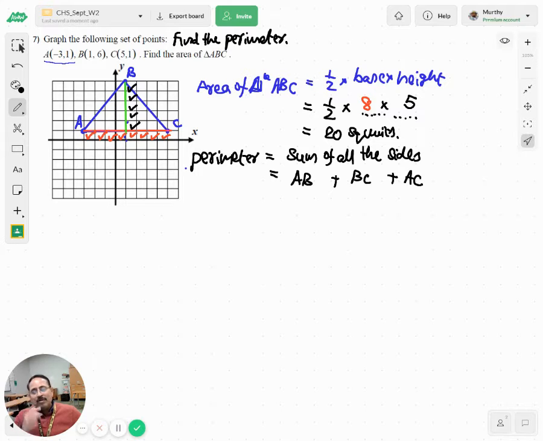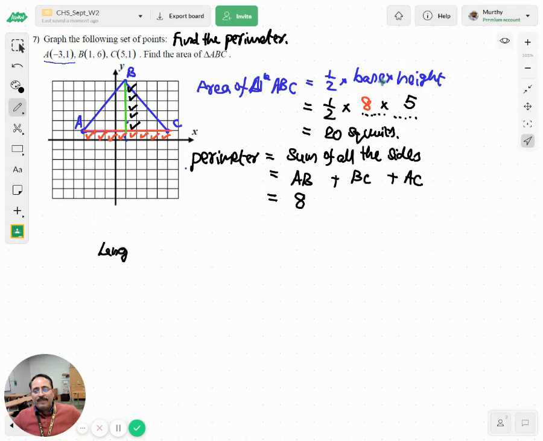You know, length of AC we can count the number of blocks, but when it comes to length of AB and BC, we cannot count the number of blocks, right? So AC, which is the base, we already computed: 1, 2, 3, 4, 5, 6, 7, 8. AC equals 8 units. But AB and BC, you cannot count the number of blocks. Then you have to use